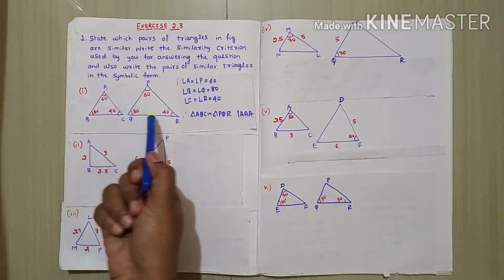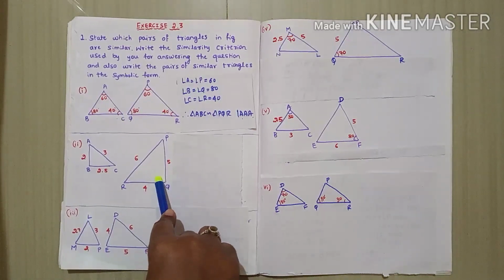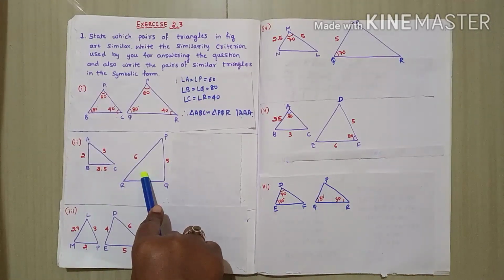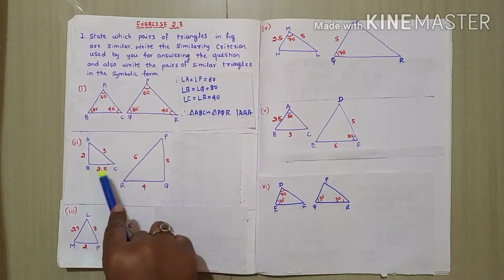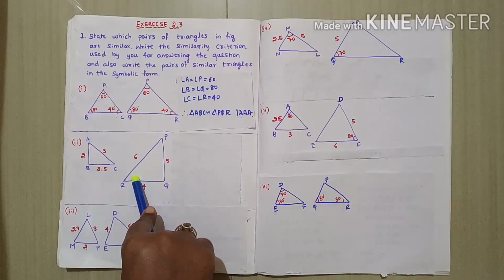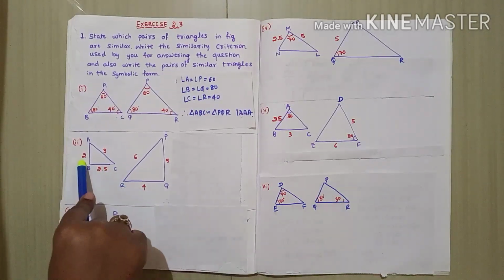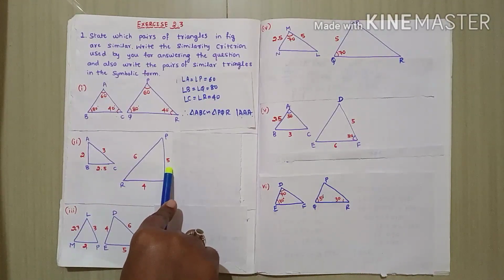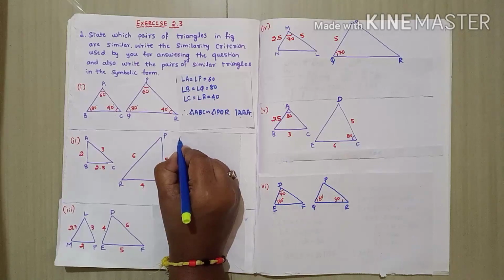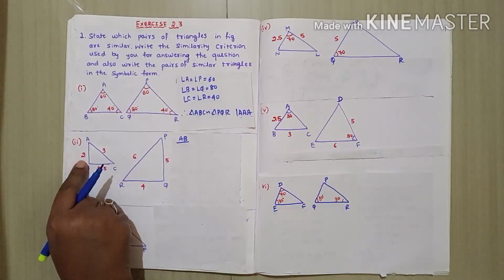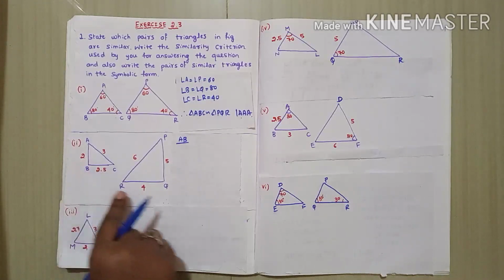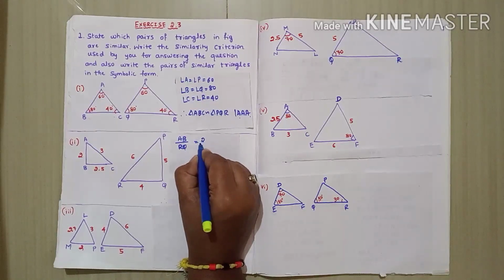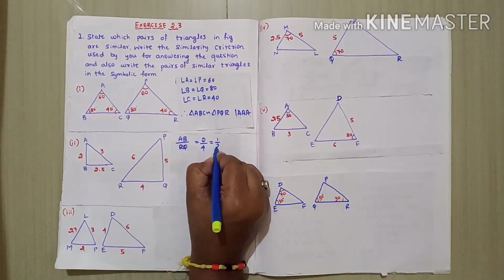In the first sum they gave the angles, in the second sum they have given the sides. We have to identify whether the sides are proportional or not. While you observe the diagram, we have to identify which are the corresponding sides. Corresponding sides are in the same ratio. 2 is corresponding to 4, 3 is corresponding to 6, 2.5 is corresponding to 5. Like that you have to write the ratio. See, AB divided by, you should write AB. For the AB side, which side is corresponding? This RQ. Because 2 by 4 will come 1 by 2.